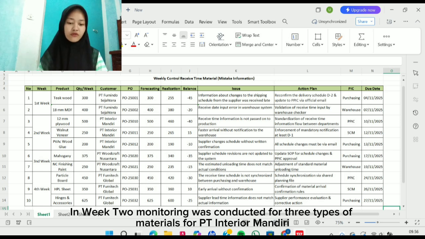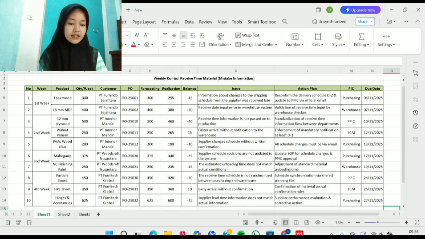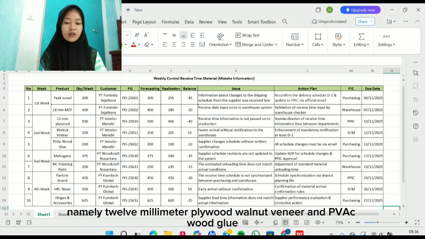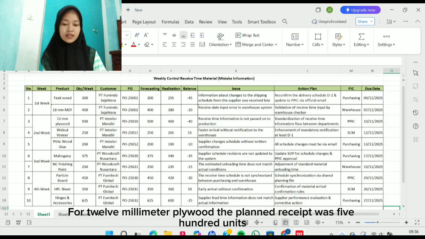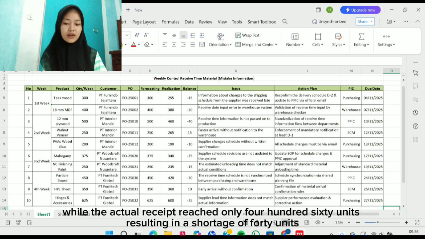In week 2, monitoring was conducted for three types of material for PT Interior Mandiri, namely 12mm plywood, walnut veneer, and PVC wood glue. For 12mm plywood, the planned receipt was 500 units, while the actual receipt was only 460 units, resulting in a shortage of 40 units.